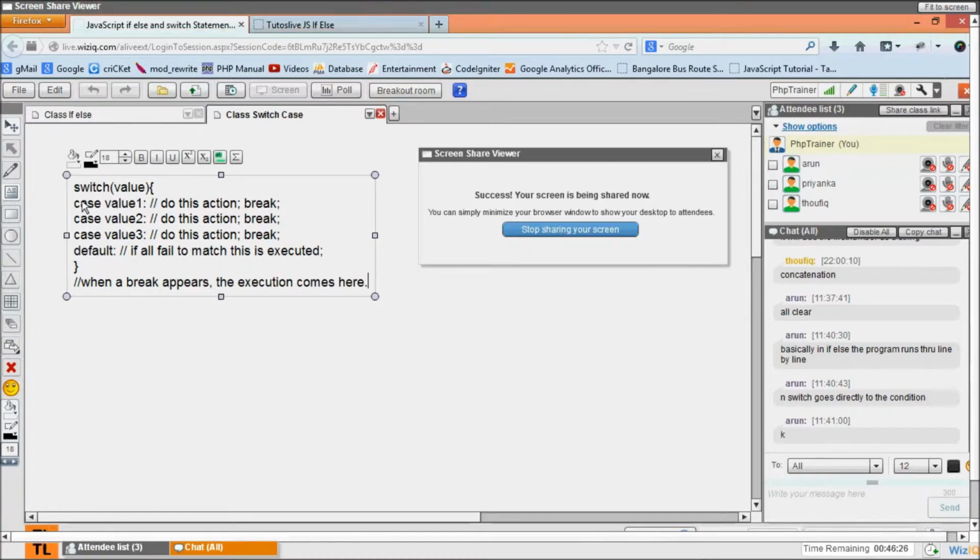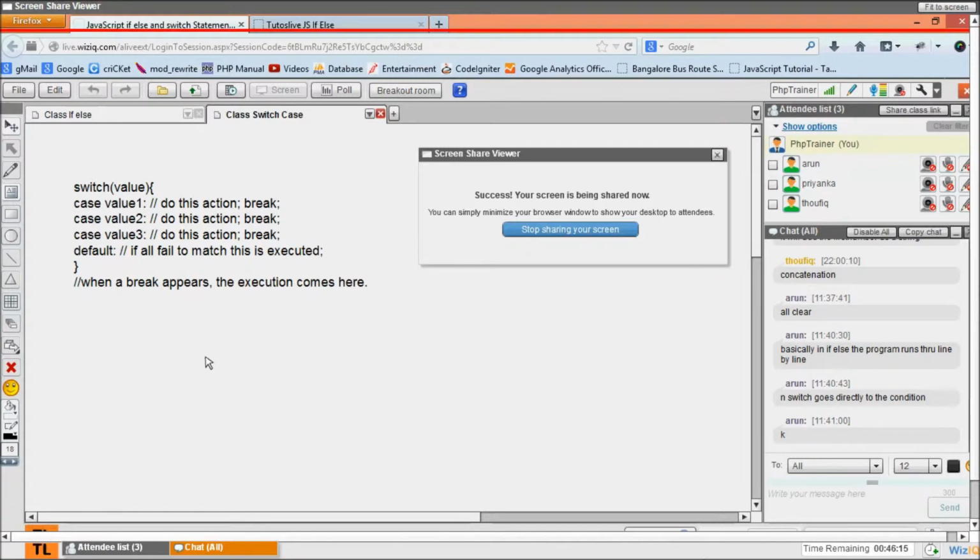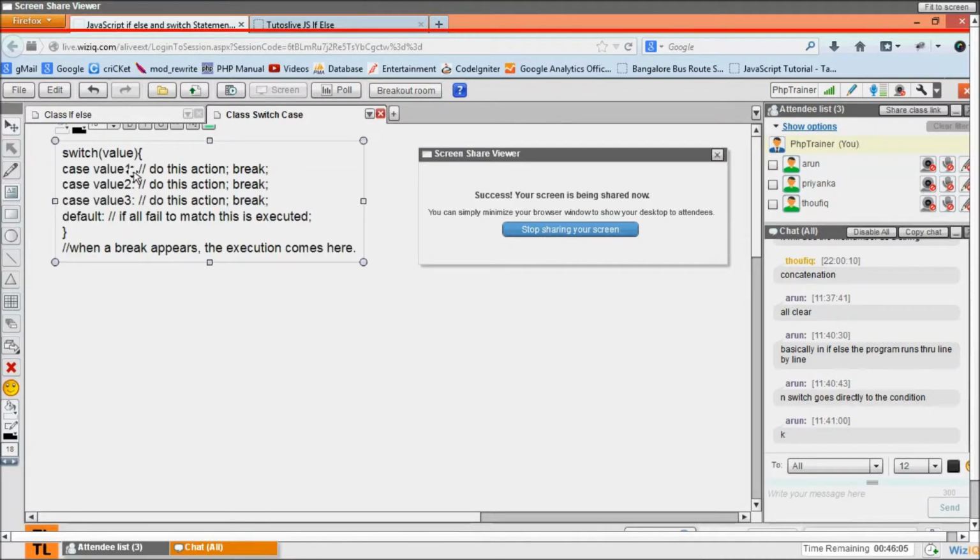The control structures and the looping statements in PHP are the same, except for one thing. One looping statement is different in PHP, which is very powerful. We'll discuss that when we go to PHP.